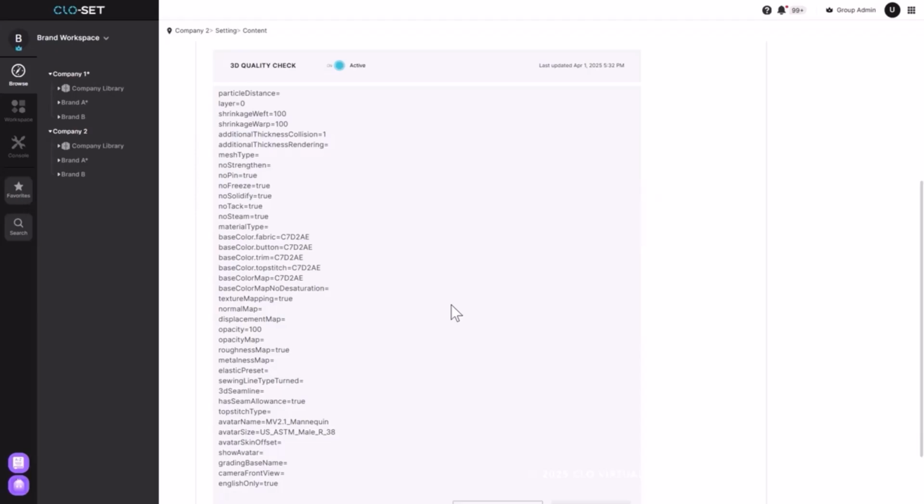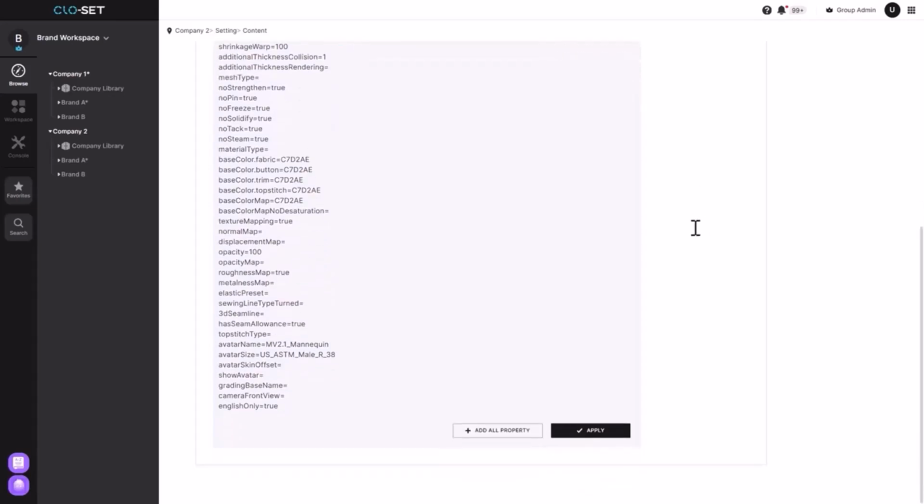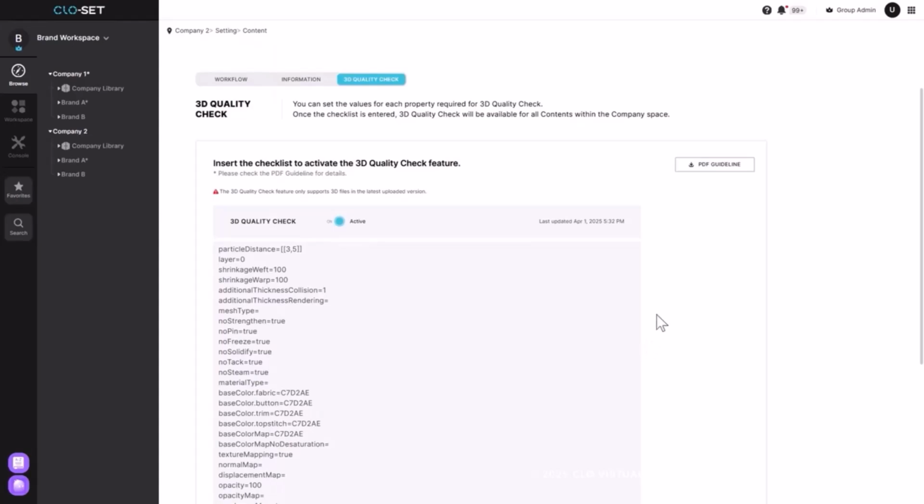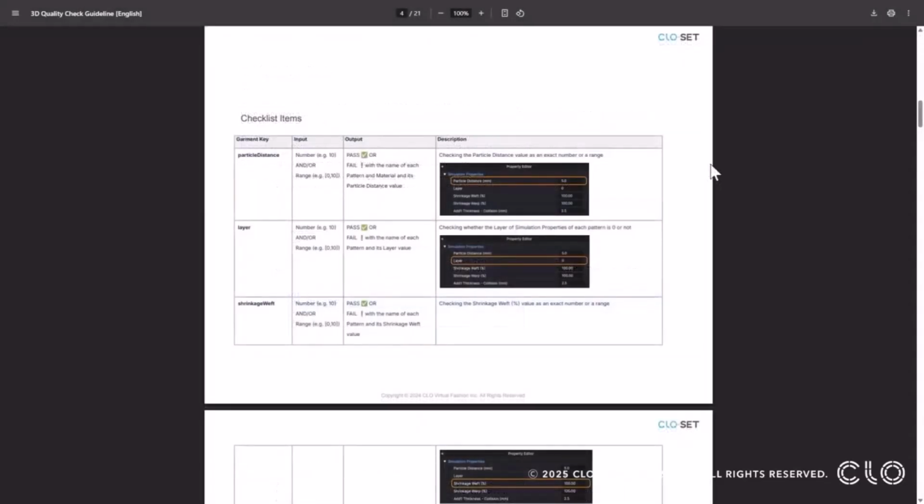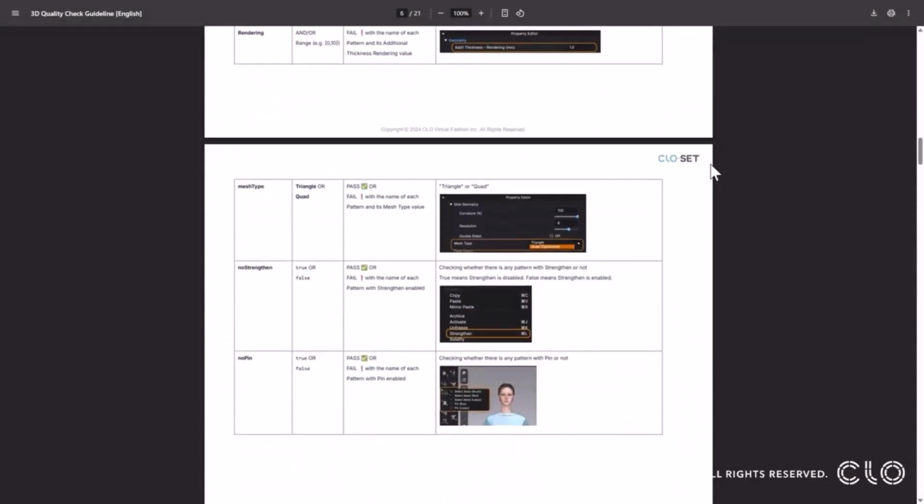To check the quality of a 3D file created in CLO, you can set the criteria based on the user or company's specific requirements. For example, let's set the particle distance from 3 to 5 and specify that the garment should have reinforcement turned off. Then click Apply. For more details on how to configure the checklist and review the results, please refer to the